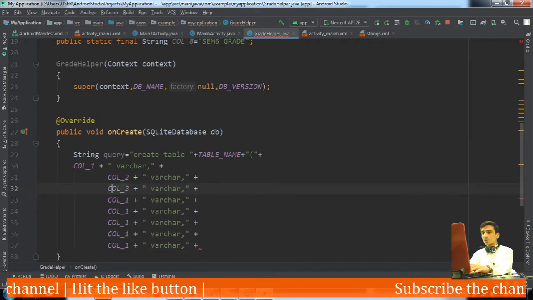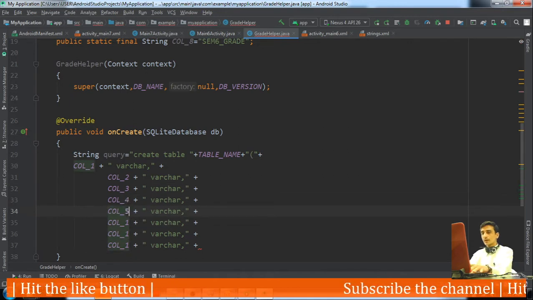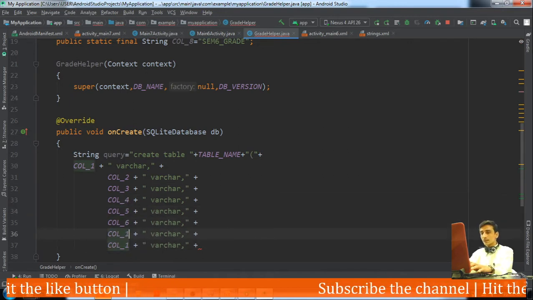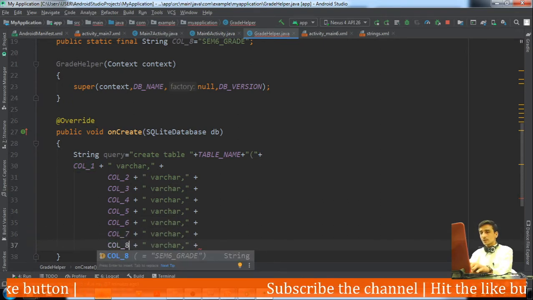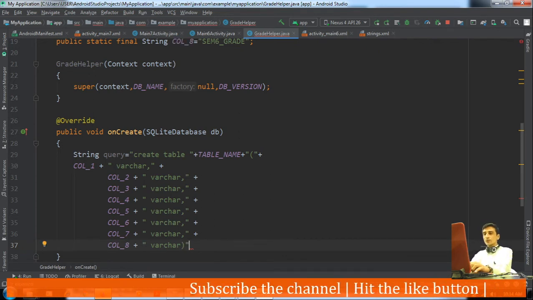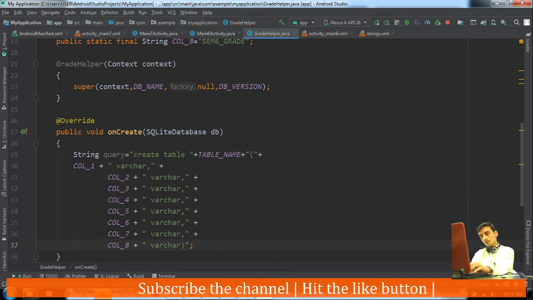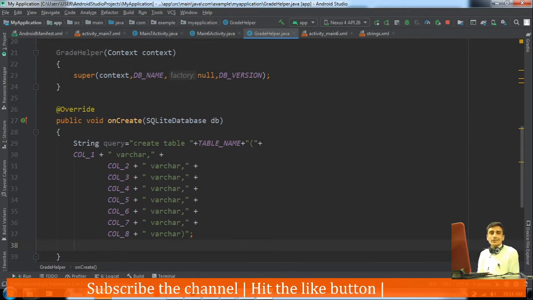Column 3, then column 4, then column 5, then column 6, then column 7, and at last column 8, which is for the sixth semester grade. There we will not concat anything and we will close the bracket, and we will finally end the string.